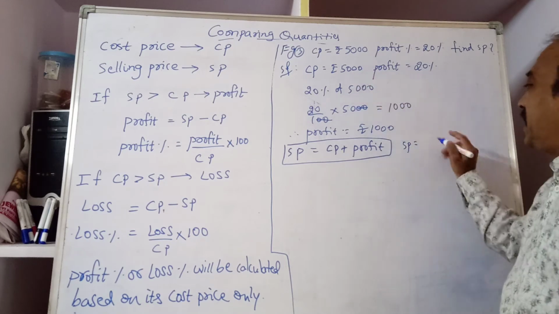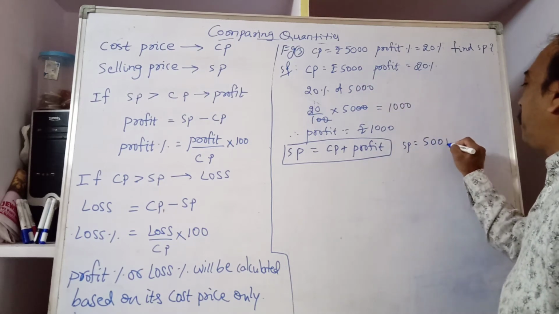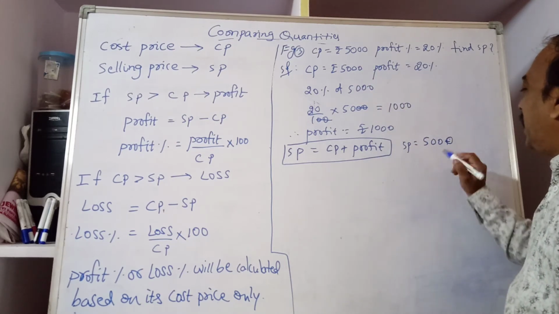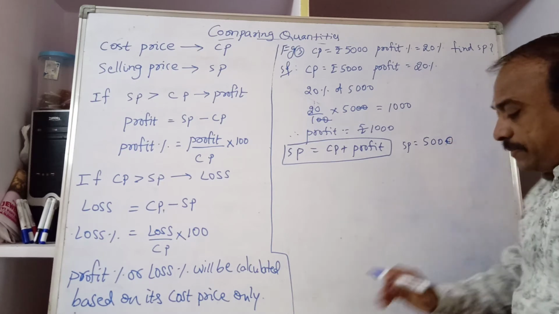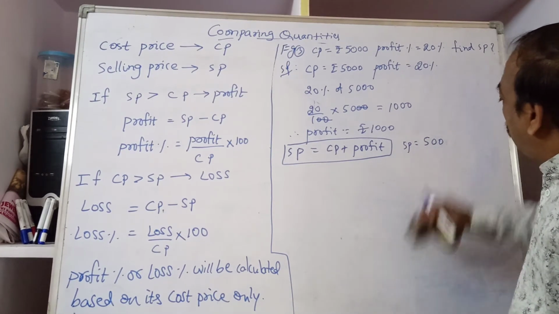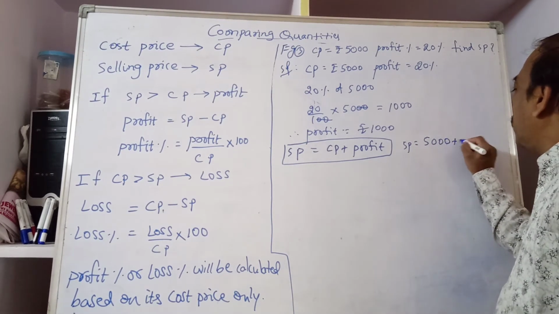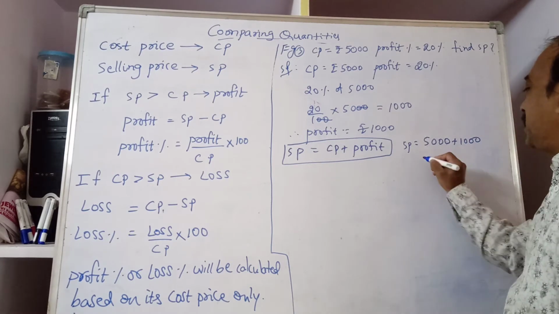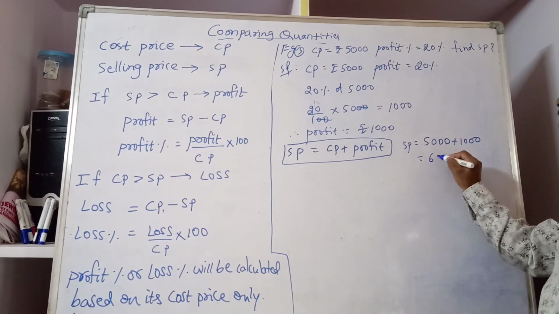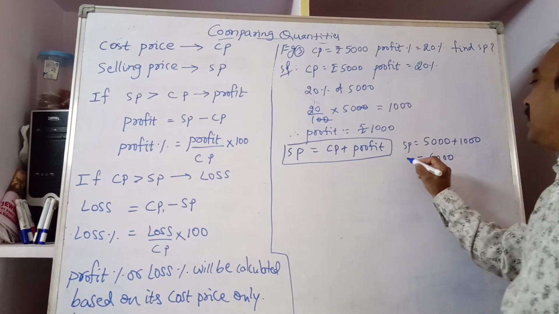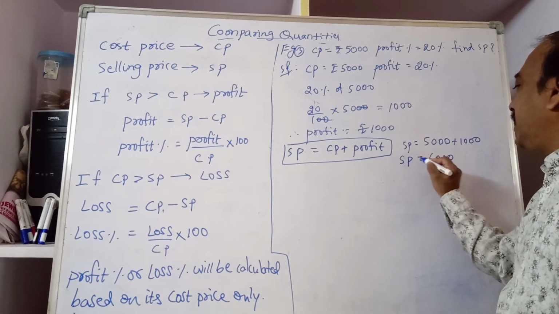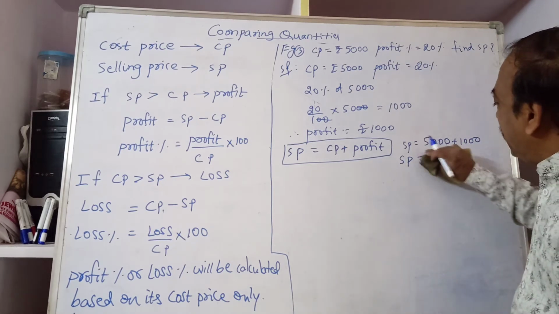What is the cost price? 5,000 plus 1000 rupees. 5000 plus 1000 equals 6000. So therefore SP equals rupees